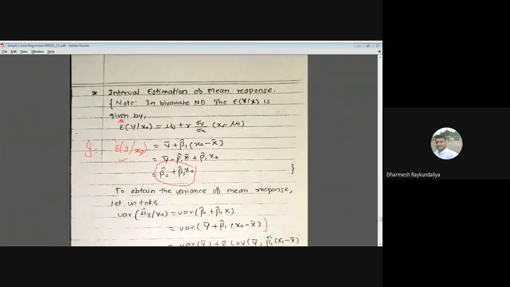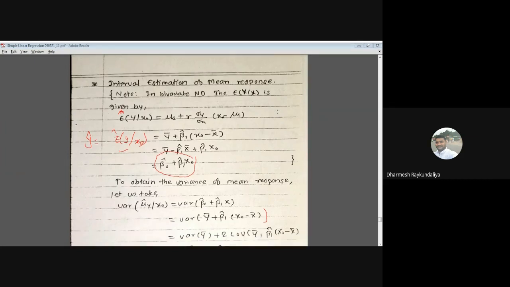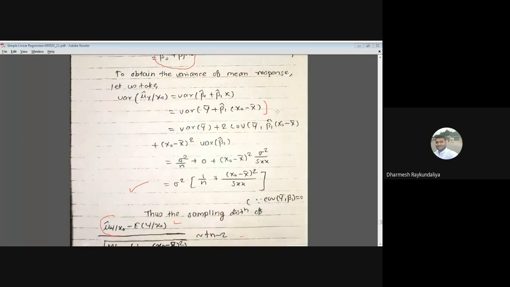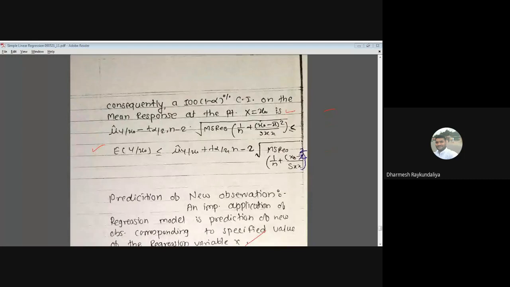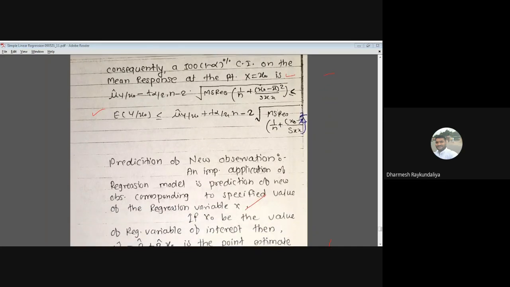Now suppose a new value of x is given, let us say x0. We wish to see what the expected response is for a new observation. That is obtained by the expected value of y given x0, and we have obtained its mean and variance, and correspondingly its confidence interval. Now we don't want to predict the mean response given a new observation x0. We wish to predict the new future observation, that means y0, and what its confidence interval is.